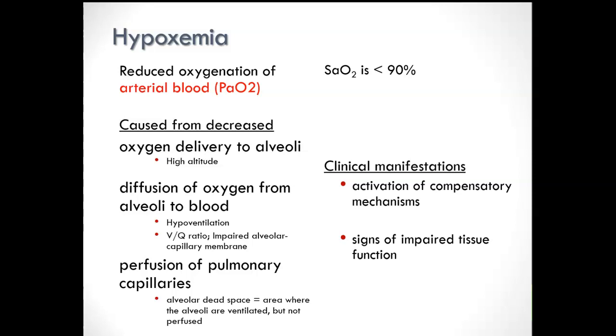And so how does this happen, hypoxemia? Well, it could be that just the oxygen being delivered to the alveoli is less. That happens when we get up into high altitudes. Or diffusion of oxygen from the alveoli to the blood is impaired in some way. So that could be like hypoventilation or a VQ ratio mismatch, where the alveolar capillary membrane is somehow